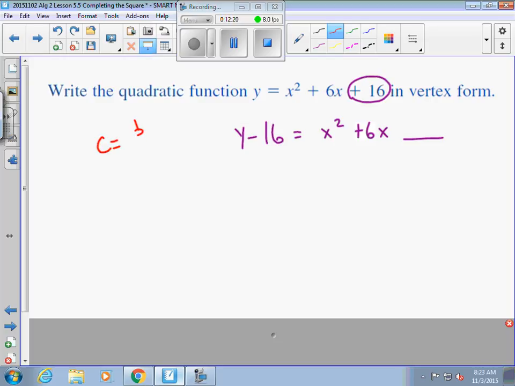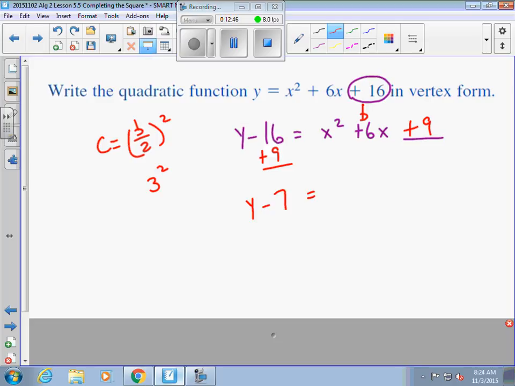C is b divided by 2 squared. B's value is 6. So 6 divided by 2 is 3, and 3 squared is positive 9. Remember, if you add 9 to the right, you got to add 9 to the left. So now what we got is y minus 16 plus 9. When you put those two together is negative 7